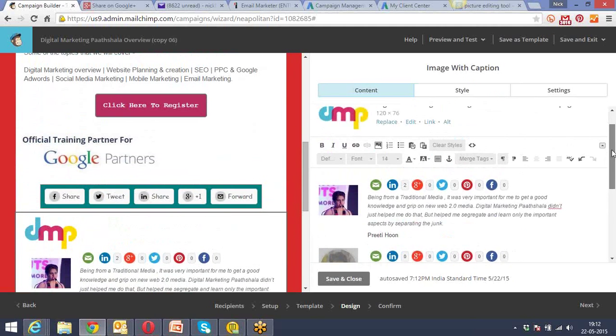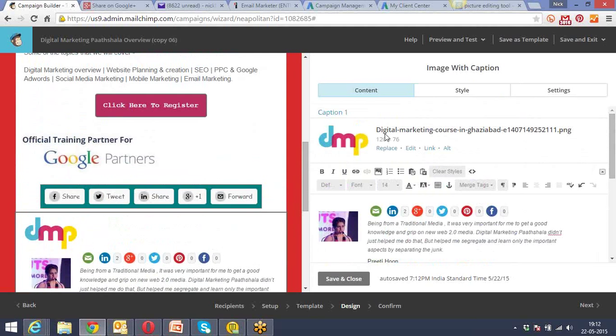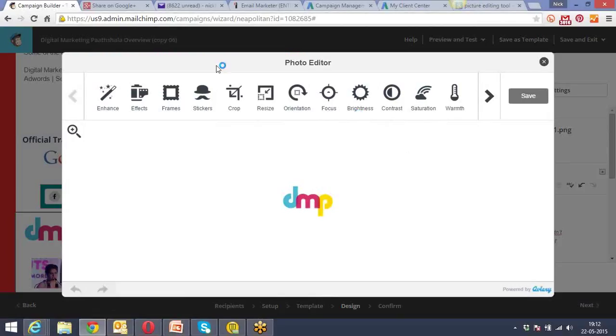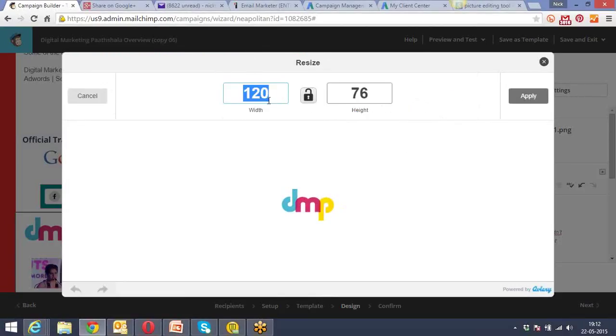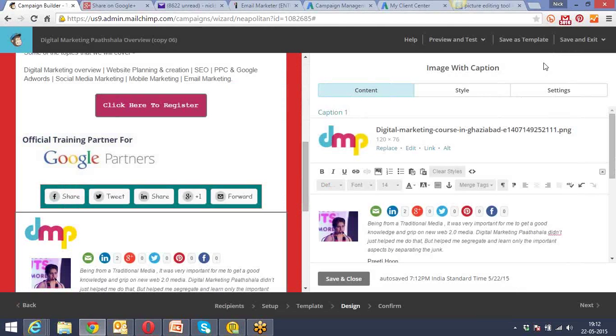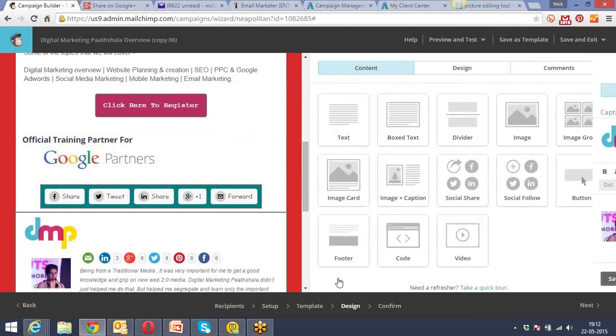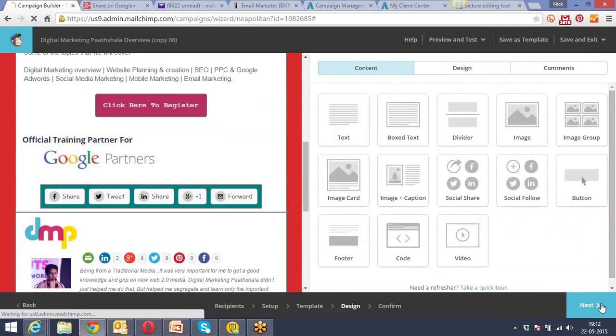Right, so let me jump onto the main thing. The way you edit that is by clicking on the edit part and then doing the resize. You press on resize and edit the width and the height. Makes sense, Saurabh? Play around with this part, double click and then do that. Okay, makes sense. So once you have done that, I go ahead and press on save and close. Next,